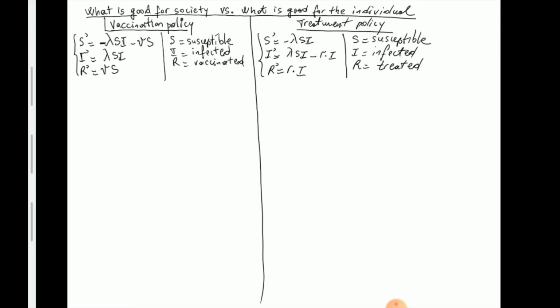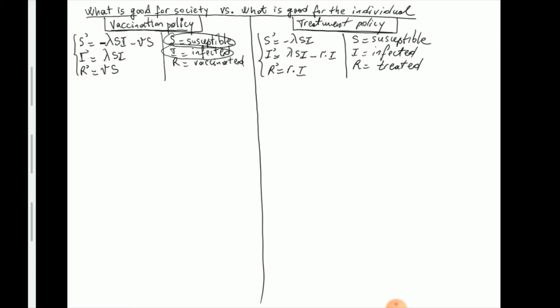So the government can only buy vaccination programs, so that people are vaccinated, or treatment. And let's say this is a disease that provides complete immunity. So once you get the disease, whether you're vaccinated or treated, there's no reinfection whatsoever. So you have basically three classes of individuals. This is the famous SIR model with some modifications. We have the susceptible class, which is the people who can be infected, that are healthy for now. The infected class,